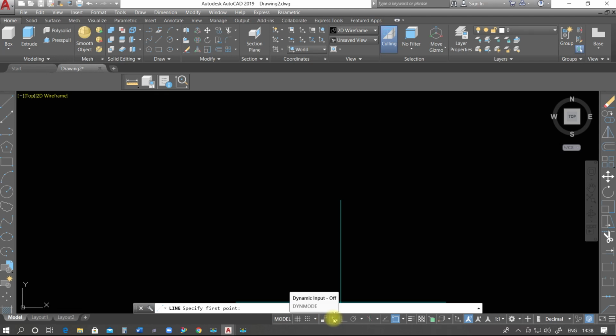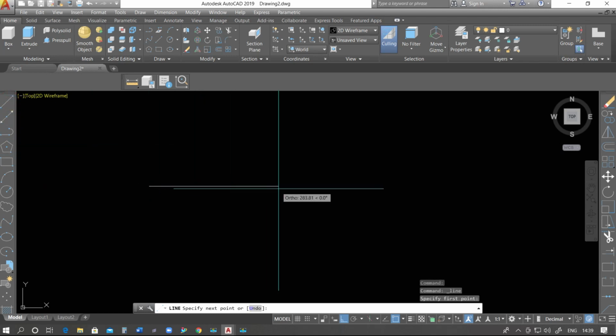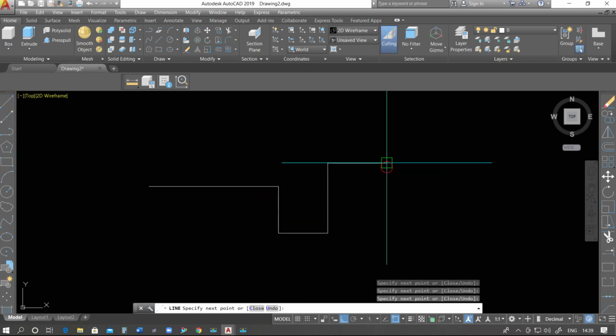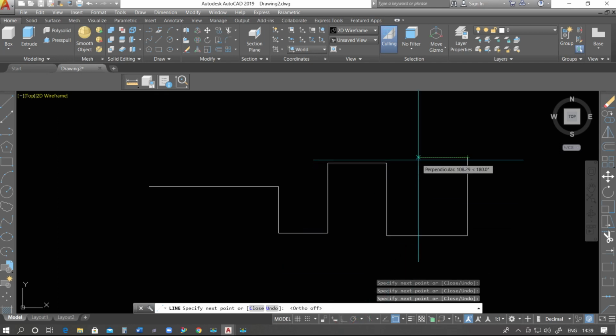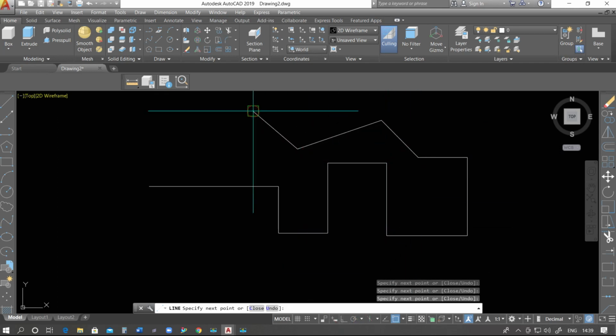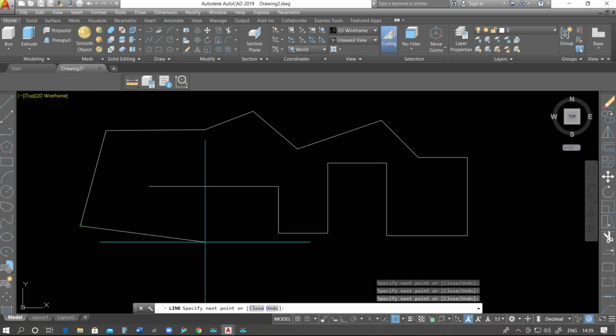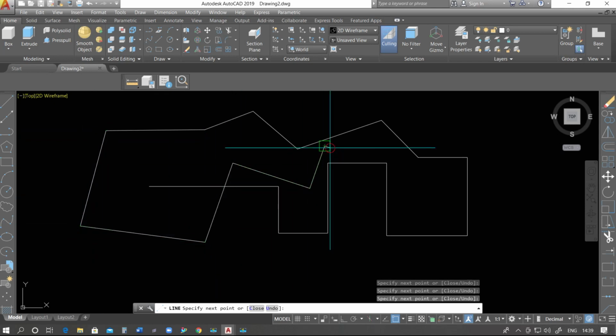So that's why we use this option, dynamic input. Now we have the next option, that is ortho. Ortho is a very important tool. Whenever we need a straight line, we should check this command, ortho. Suppose I am going to draw a line. You see, we have a straight line, but as we uncheck this, we are frequently not able to draw a straight line.